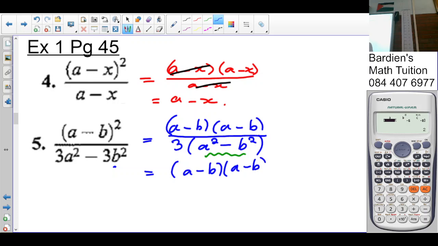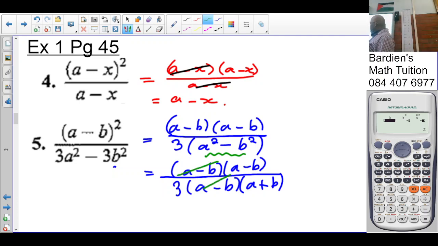So it will be a minus b times a minus b. I didn't have to write that. I could have left it as a minus b squared. I'm just writing it here so when I cancel you can see what's happening. Difference of 2 squares, so it's going to be a minus b times a plus b. So what happens? Cancel. Is there anything else that can cancel? Can a minus b cancel a plus b? So what's the answer? a minus b over 3 into